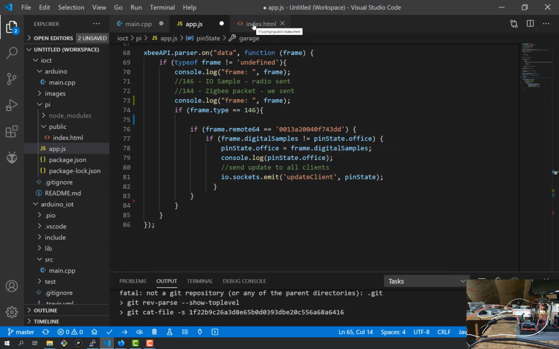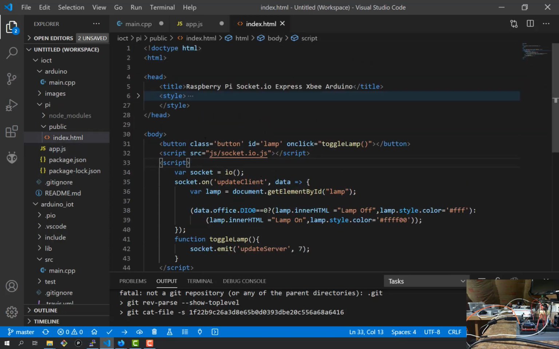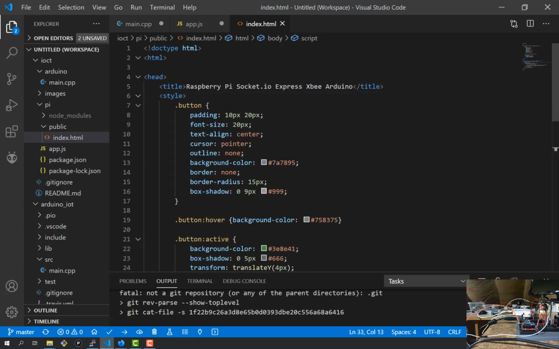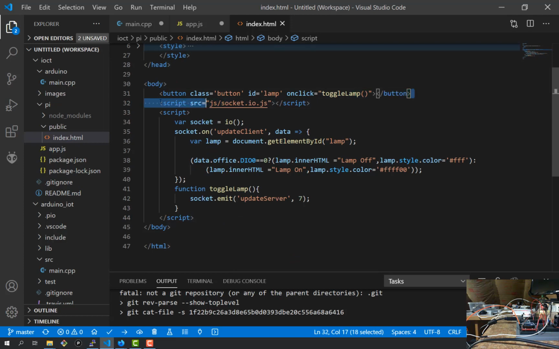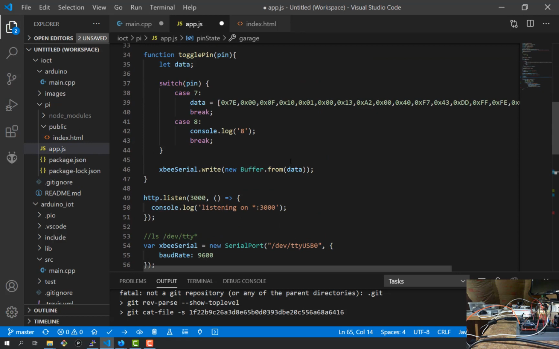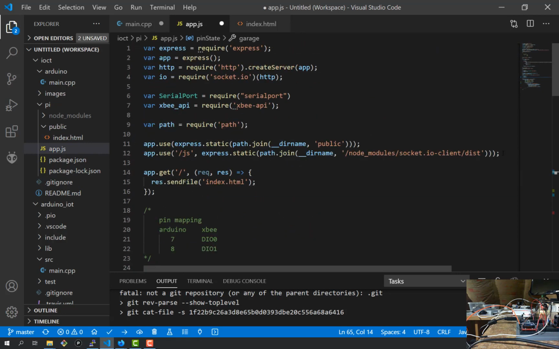All right, so lastly, we have index.html. And it's pretty easy. I have a little bit of styling going on. You should probably push this into a CSS folder. We have a single button. ID is lamp or LED, whatever you'd want to call it. Here is that alias that I talked about. So that was this line right here. Otherwise,